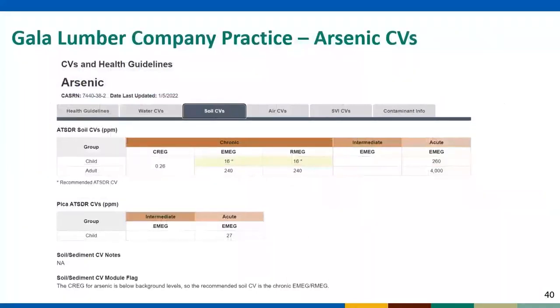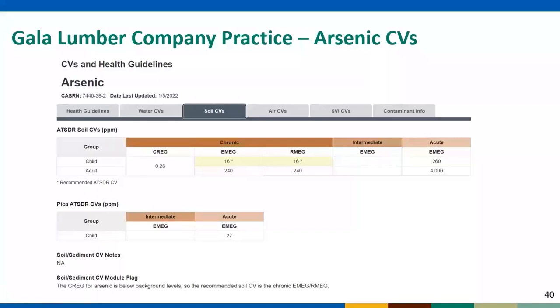For step 3, we can identify the appropriate ATSDR CVs by using the CVs and Health Guidelines module in FAST. This slide presents the FAST recommended CVs for screening our soil data. Note the flag for arsenic, indicating the health assessor should use the chronic child EMEG of 16 parts per million